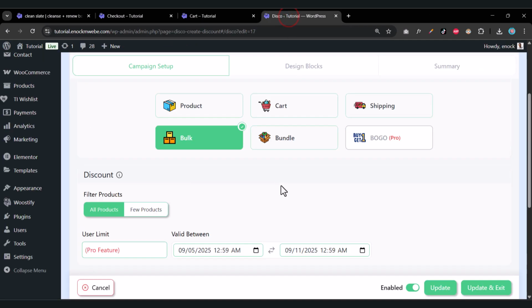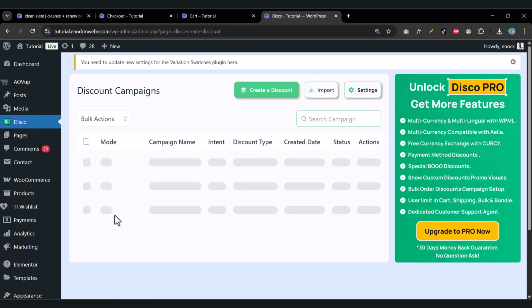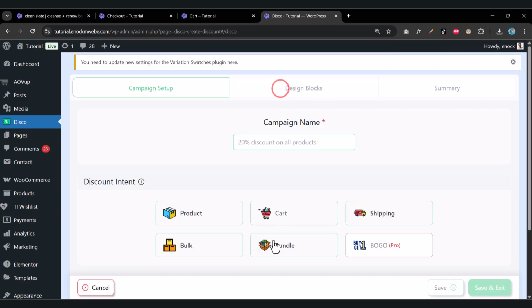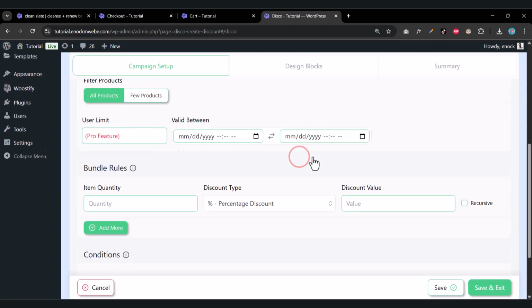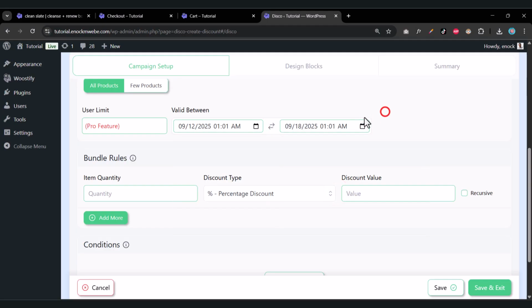So now that we have bulk out of the way, let's take a look at how bundled products work, because those are quite interesting. Now I'm going to turn this campaign off, then create a new one, and call it a bundle campaign, something like that. I'm going to select bundle, set the dates right here. Let's say if someone is buying 3 shirts, I want to give them a discount of maybe 10%. So if I click save,